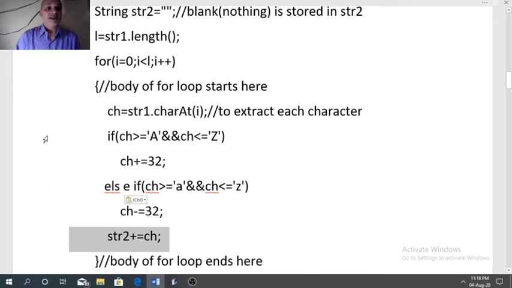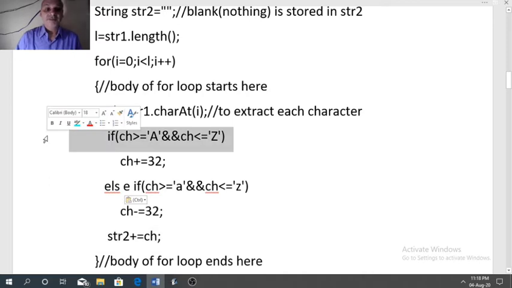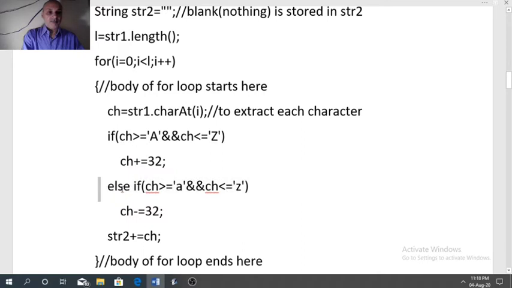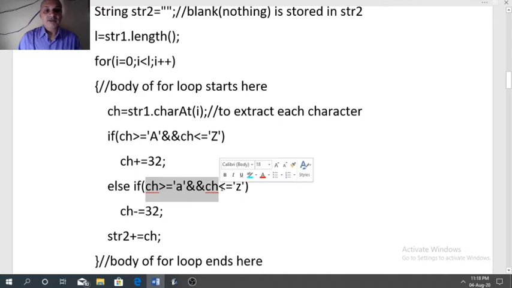But if ch does not belong to uppercase letters, then it will go to the else part. In the else part, another if condition will start. It will check whether ch is a lowercase letter.